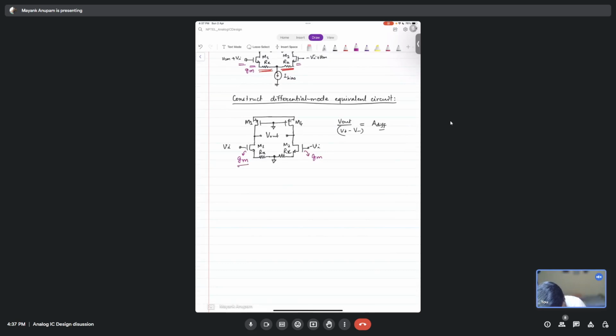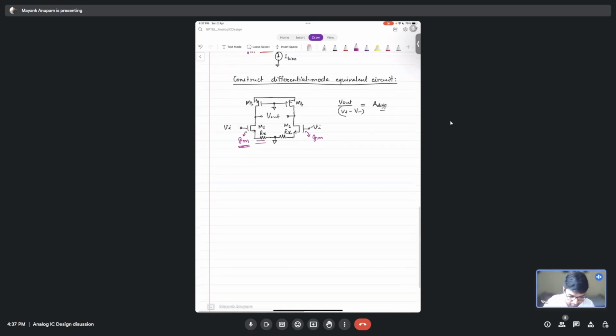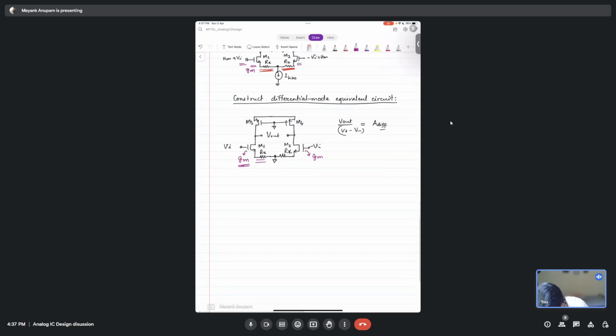You see that this transistor's GM is actually equal to GM, but that is not the GM that will appear as a whole here. This is a source degenerated transistor, isn't it? This is in source degenerated configuration. So what will be the effective GM in that case? Sir, GM by 2. Why should it be GM by 2? Tell me what will be the